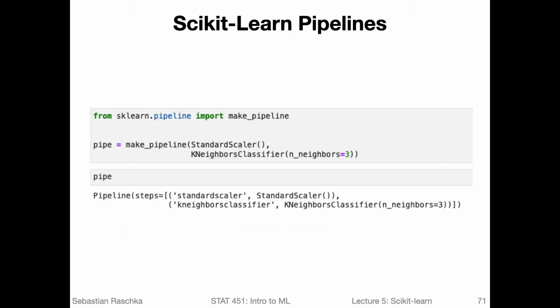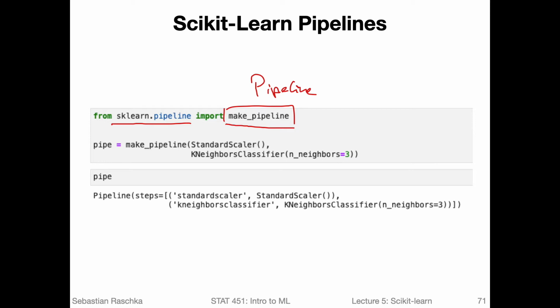So here I'm creating a pipeline using the make_pipeline function from scikit-learn's sklearn.pipeline submodule. There are different ways you can create pipelines. Similar to an estimator, you can also create a pipeline using the Pipeline class. However, I think this is maybe the more convenient way of creating a pipeline. So how that works is that you provide the initial components of a pipeline. In this case, it's a very simple pipeline consisting of a classifier and a standard scaler.